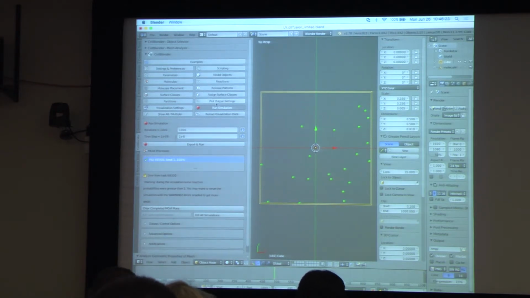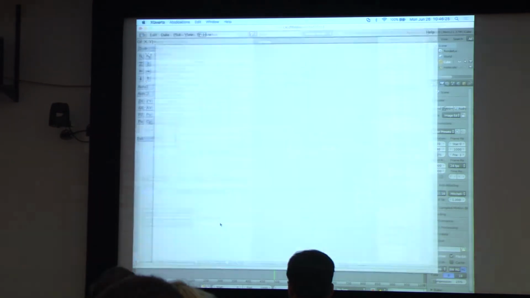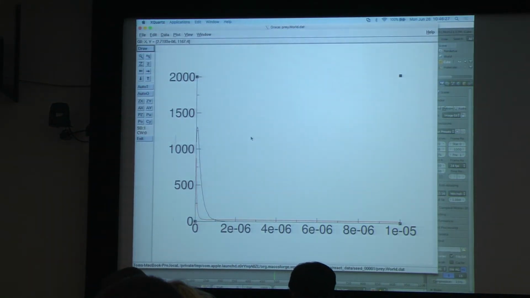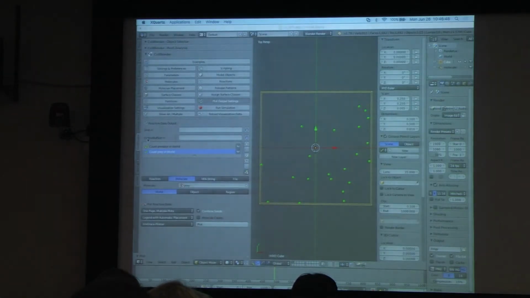But they survived a lot longer, and if I go to my plot output and hit plot, now I see this, right? So we have predator increasing to 1,300 or so, and then dying out, and then the prey surviving for much longer than they did before, and then their surviving number at the end is much larger than we had. Okay? So now we're ready for the last